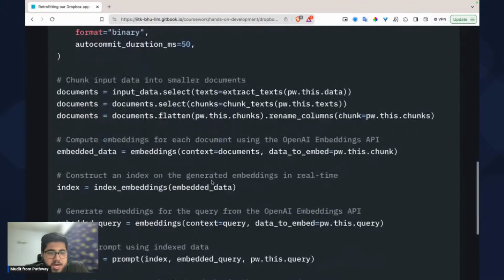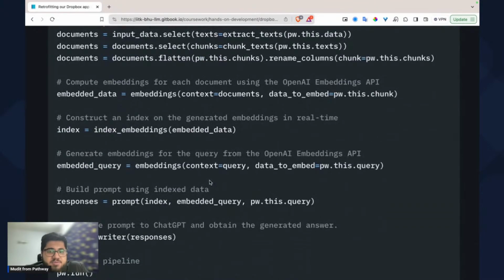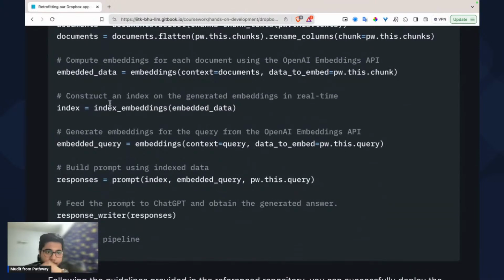Then you compute embeddings for each of these using an API, which can be the OpenAI APIs in this case. The next thing is simply creating a vector index from this. If you look at it, the code looks simple and it is actually simple. If you're creating a basic RAG application, it is very simple. And in the bootcamp that we will be running, even there, you will be able to build these things. You can actually go a step further to make some really cool products. It is not meant to be complicated, actually.